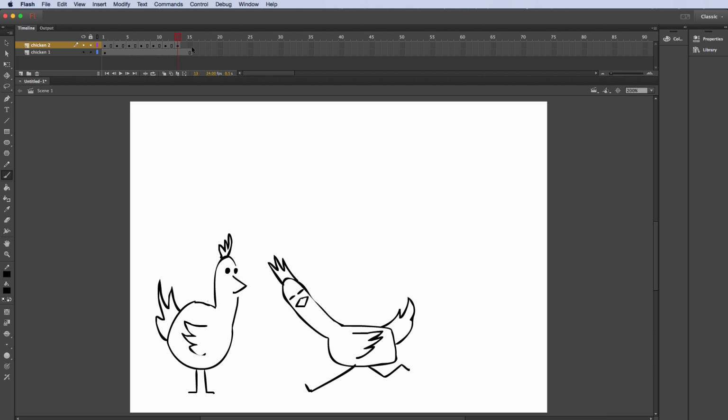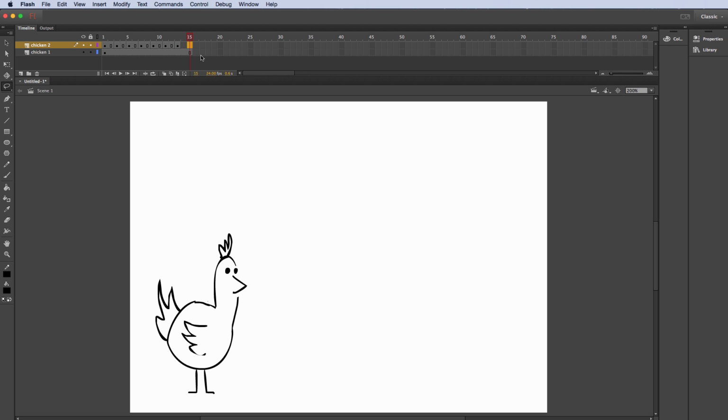Okay, so now here at frame 15, I'm going to go even more normal. So press F6. Okay, so I think I'm going to take the neck here and just bring it in a little bit. It's a little bit too stretched. I mean, I want it to stretch out, but not that much. Okay, so I'm just going to move that over a little bit. So let's go to frame 15. I'll press F6 for a new keyframe. And let's move this guy forward here.